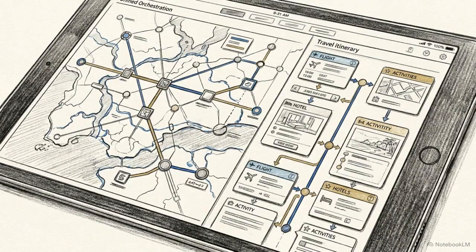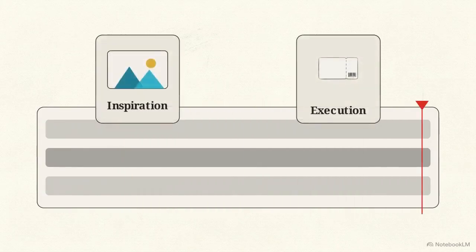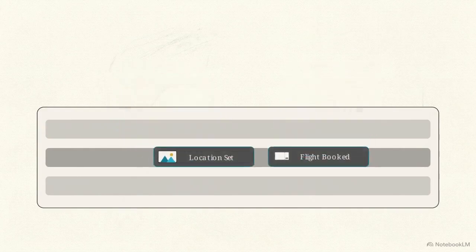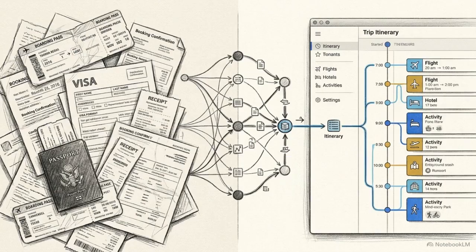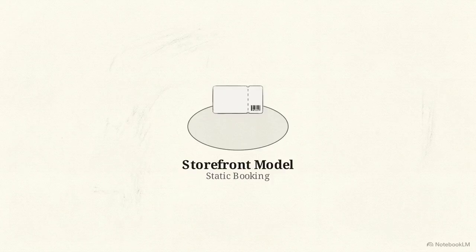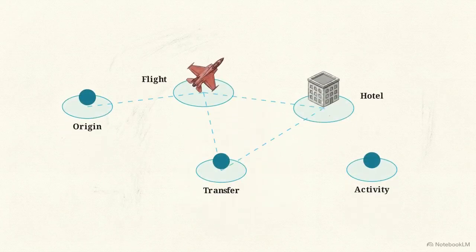Travel Creator Studio functions as a unified orchestration environment, a hybrid between a nonlinear video editor and a logistics tool. The system models the journey as a continuous workflow, linking the inspiration phase directly to real-world execution. Addressing travel anxiety at this level requires a shift in how trip data is structured. By moving beyond the storefront model, the software architecture can begin to manage the physical and temporal dependencies of a